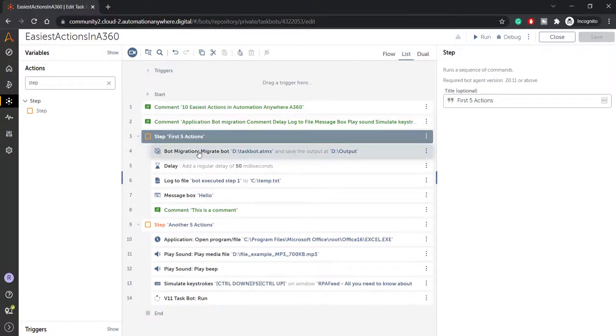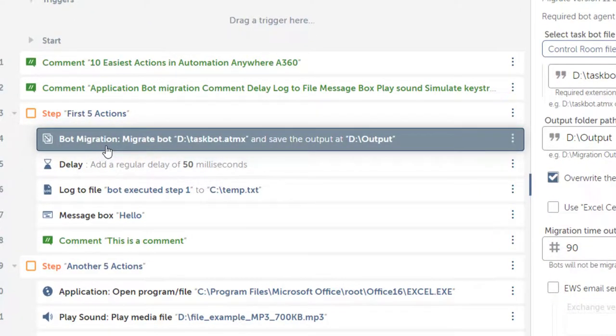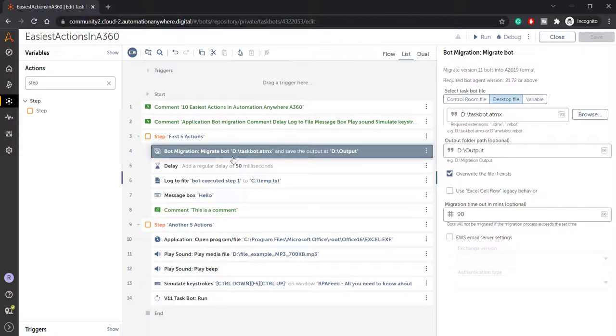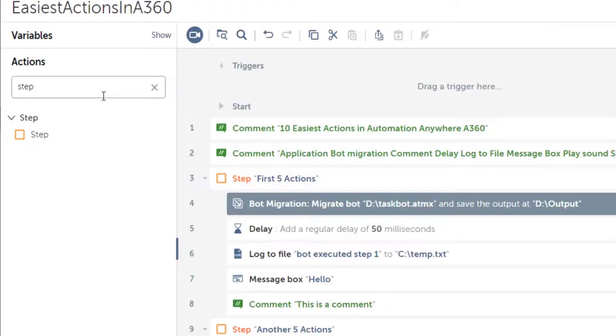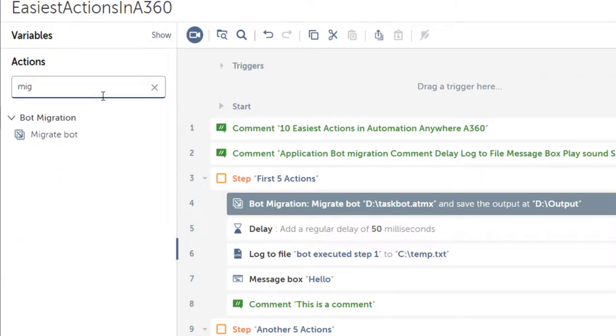Then we have bot migration. The bot migration action allows you to migrate your .atmx code to a bot in A360 format. For any action, you can directly visit the actions pane and type in the action or package you're looking for.